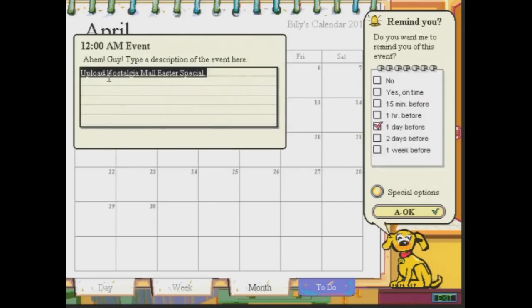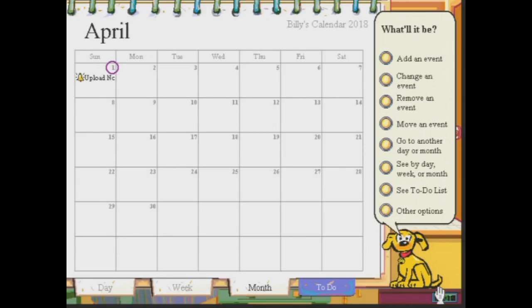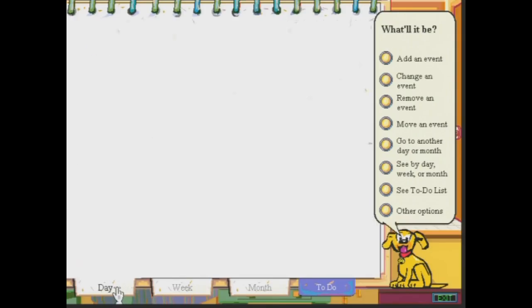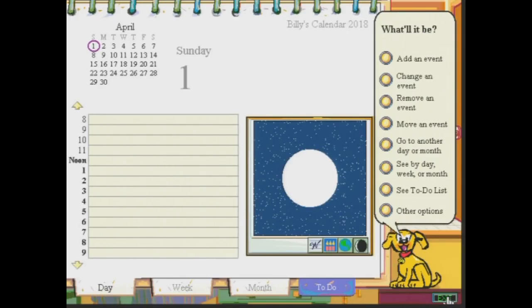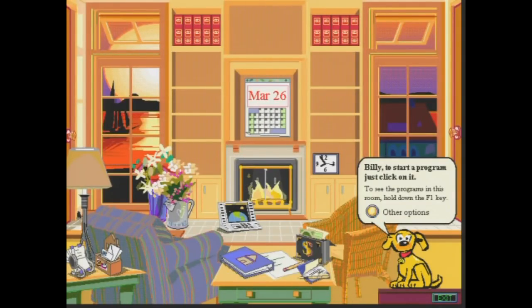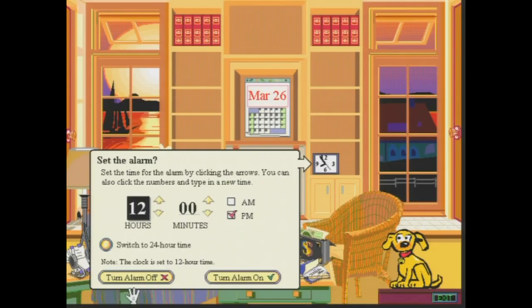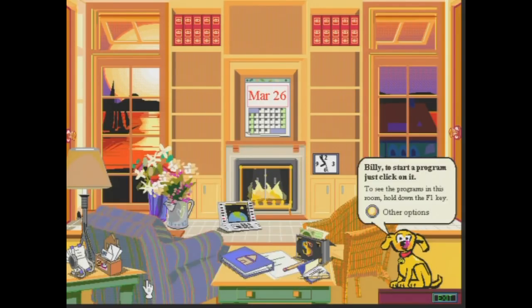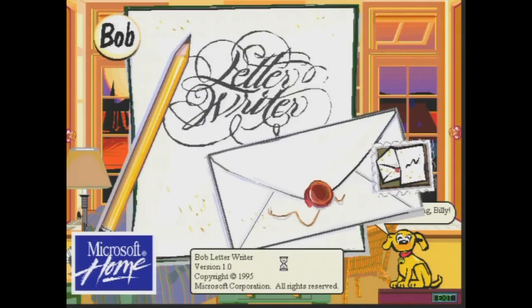And there we go. And you got a month view, a week view, a day view. Basic calendar mumbo jumbo there. Got a clock, which is more or less just an alarm. Nothing exciting there. Here's the Bob letter writer,